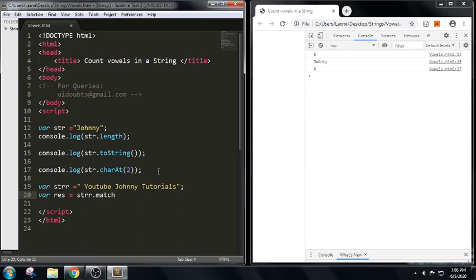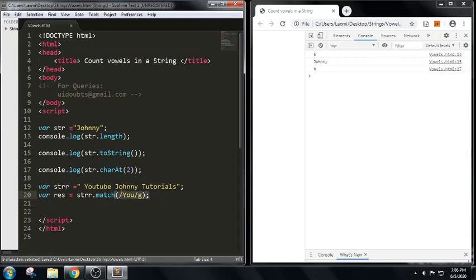Here the match method will search a string based upon a regular expression. Whenever we use a regular expression concept, we will use this match. For example, I have written something as u and g. Here we call this a pattern. The two forward slashes and u, we call it a pattern. G we call a global match. It means it will match n number of occurrences for a given value, and it will return in the form of an array object.